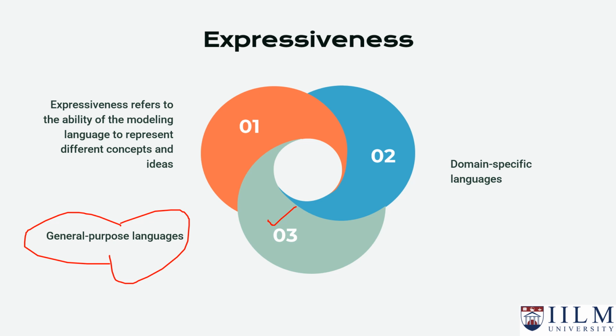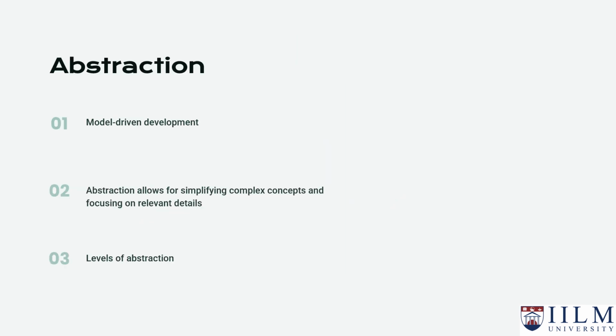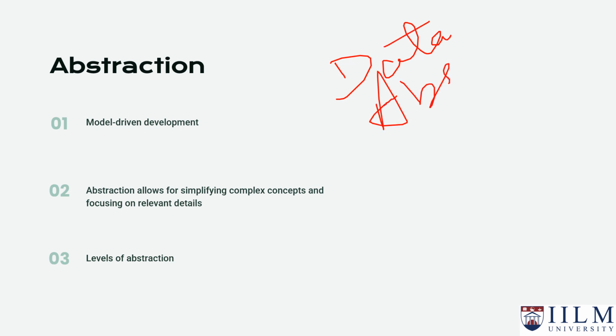Moving to the next. Why this expressiveness? Before that, the syntax and semantics are required. That builds the abstraction. What is abstraction? If we consider the data abstraction,